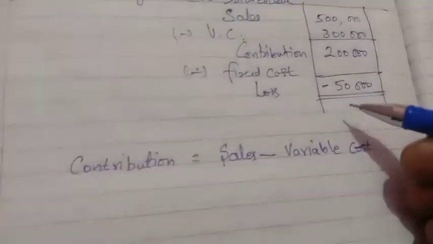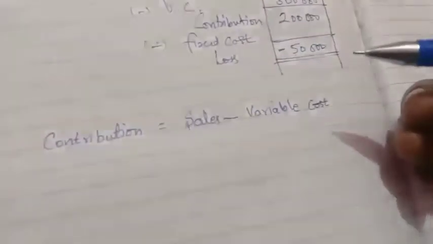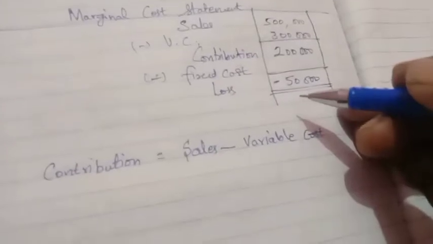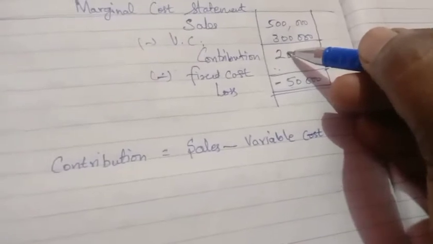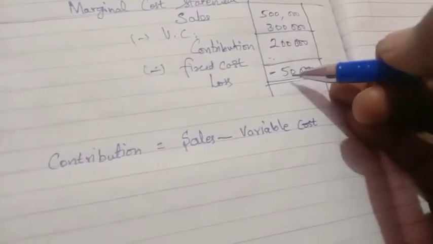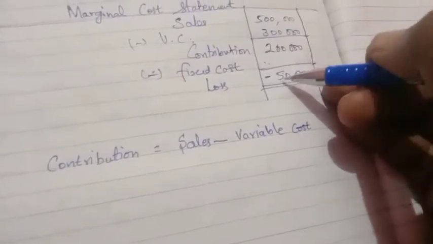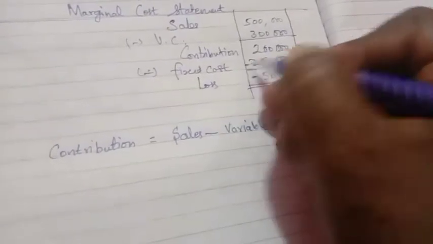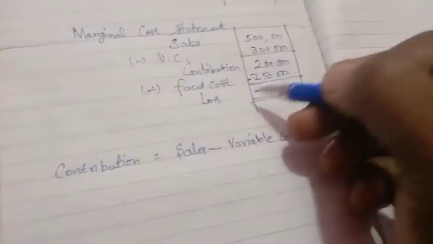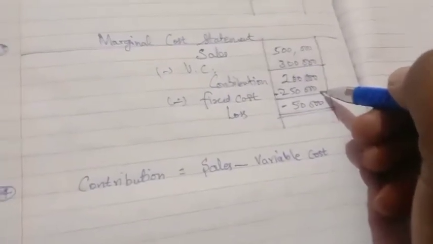When we had a profit, we can take the difference as the fixed cost. When it comes as a loss, it means the fixed cost is more than the contribution, then only you will get the loss. So how much more? If we add the loss to the contribution, that is 2 lakh plus 50,000, you will get 2 lakh 50,000. If you do 2 lakh minus 2 lakh 50,000, you will get the 50,000 difference. So when the loss is given, loss amount and contribution should be added. That amount should be taken as the fixed cost.